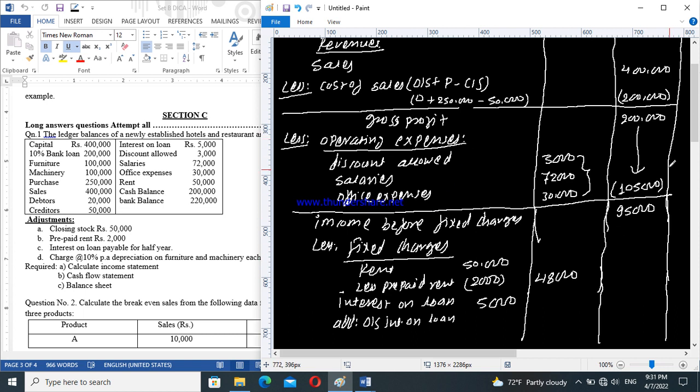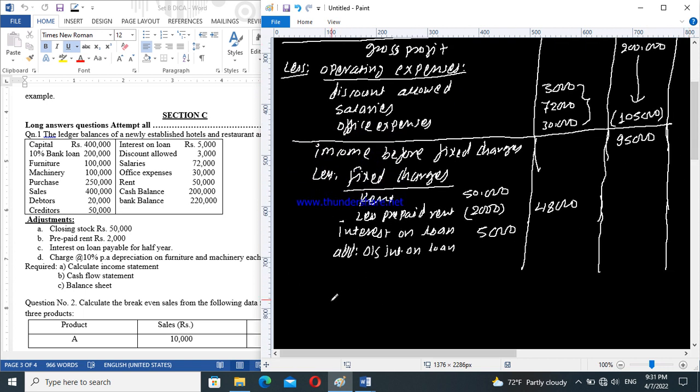How to calculate it? Let's have a look in this working note below. We have the total amount of bank loan is 2 lakh, and calculating 10% divided by 100, our answer is 20,000. But the question requires the payable amount of half year interest, 6 by 12, that is 10,000. Total value we have 15,000, no more. And other